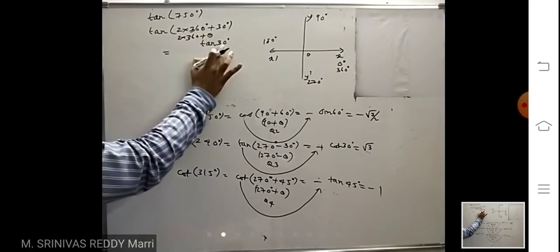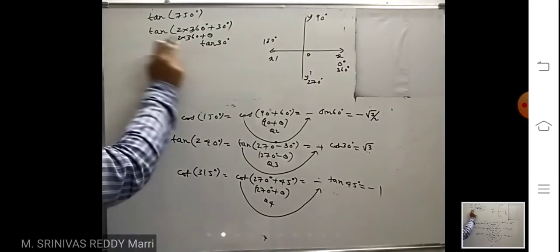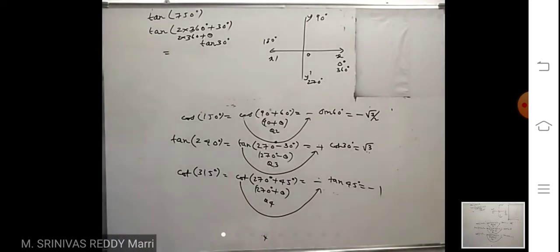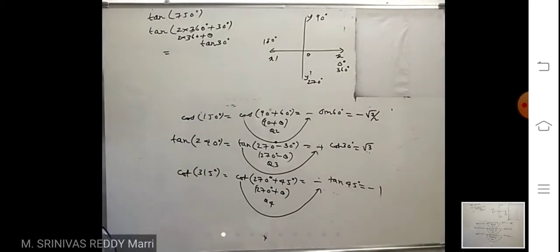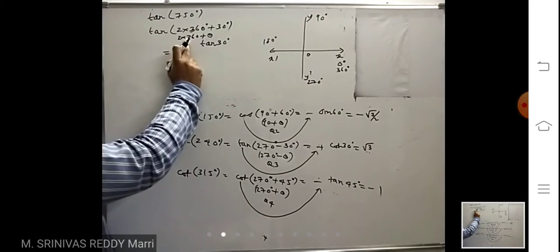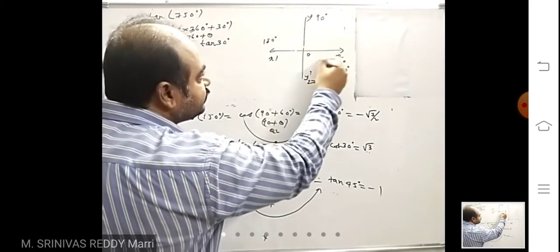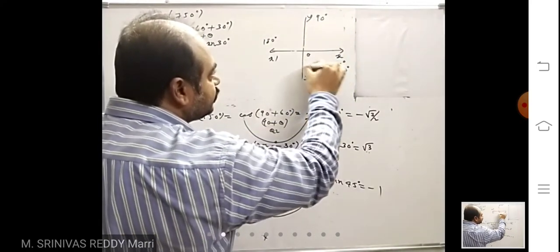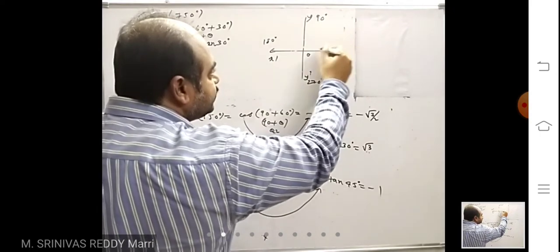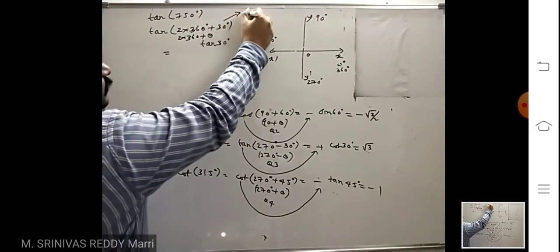This tan will remain tan only, until and unless an odd multiple of 90 is there, everything will remain the same. If an odd multiple of 90 is there, then only it will change. So here 2 into 360 is there plus theta. That means, look at where the angle will come. 360 is this. 2 into 360 will come here. Plus means in this, one rotation 360, another rotation 360. So 720 is this plus this one. That means in which quadrant does it lie?